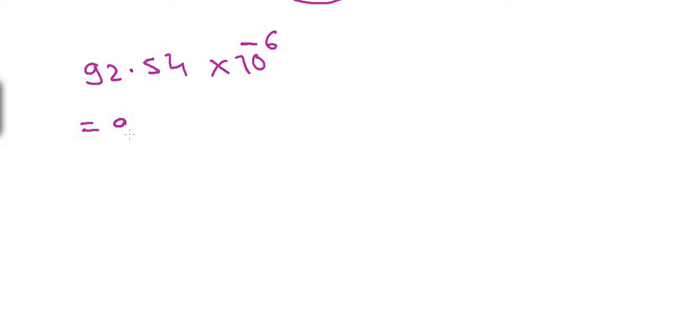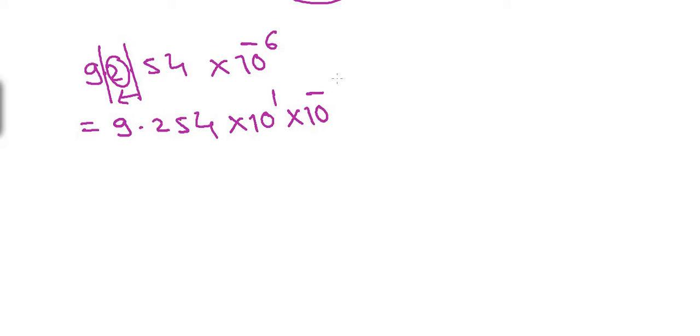Now consider one more example. Suppose the given number is 92.54 multiplied by 10 raised to minus 6, and we need to find its characteristic. Now this can be written as 9.254 as a number between 1 to 10. Now the original decimal is over here and we are shifting it after 9. So we are shifting towards the left. When we shift towards the left, the power of 10 is positive. By how many units? 1 unit. So it is raised to 1.